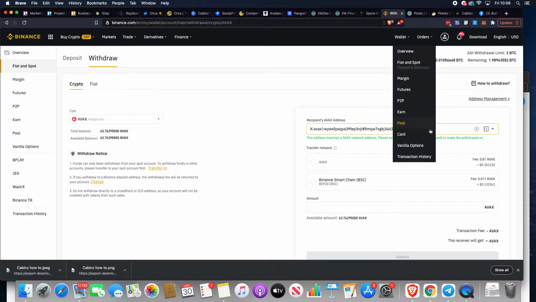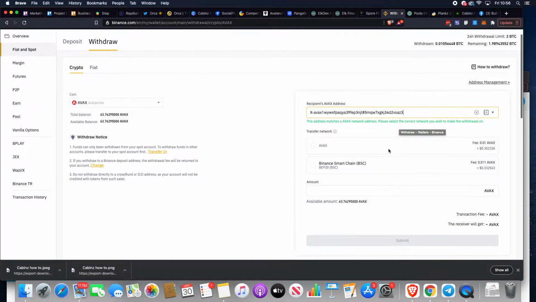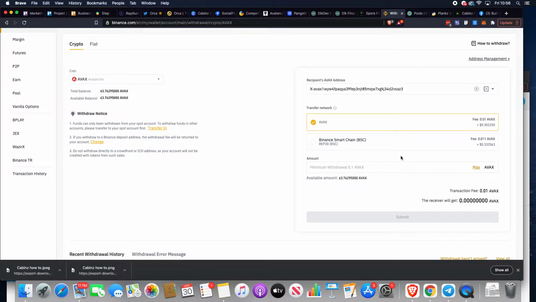We're coming over here, and we are going to paste it in there, which I've already done, as you can see. We are then going to transfer these AVAX on the AVAX network, not the Binance Smart Chain network. As you can see, both fees are pretty much the same, around about 30 cents, a hell of a lot different than the ERC token or the Ethereum network. And then the amount, I'm just going to transfer 33 of these over